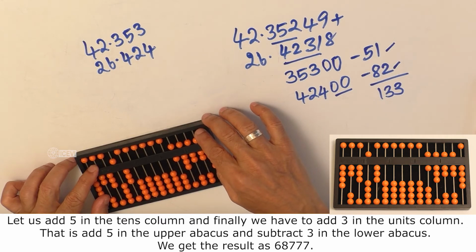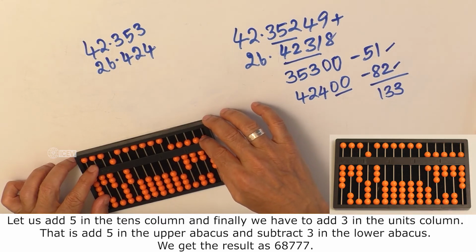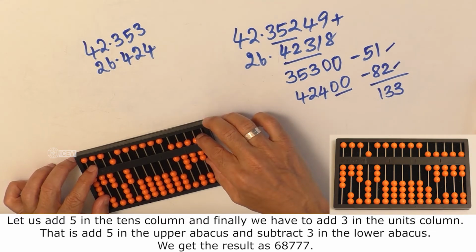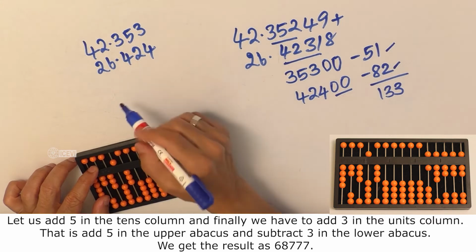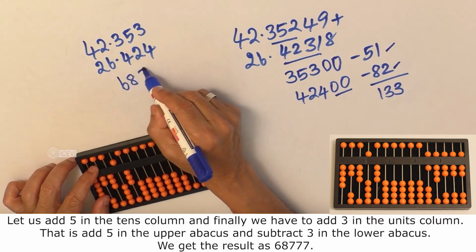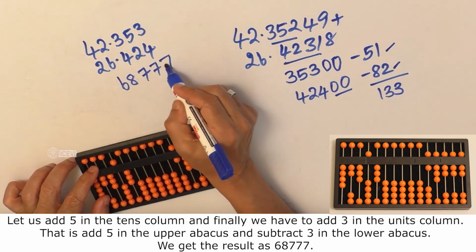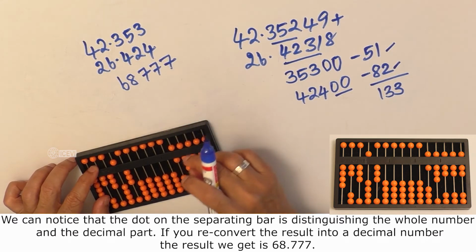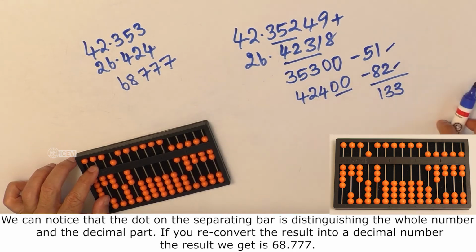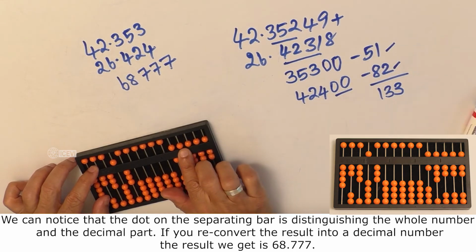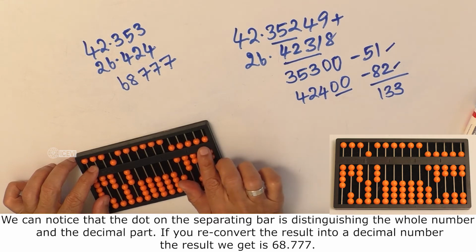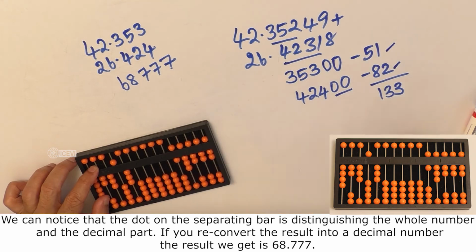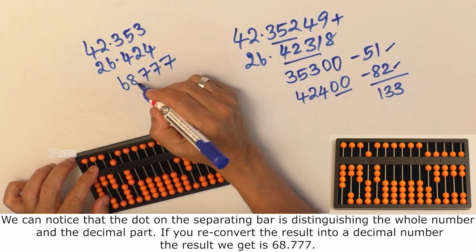That is, add 5 in the upper abacus and subtract 2 in the lower abacus. We get the result as 68777. We can notice that the dot on the separating bar is distinguishing the whole number and the decimal part. If you reconvert the result into a decimal number, the result we get is